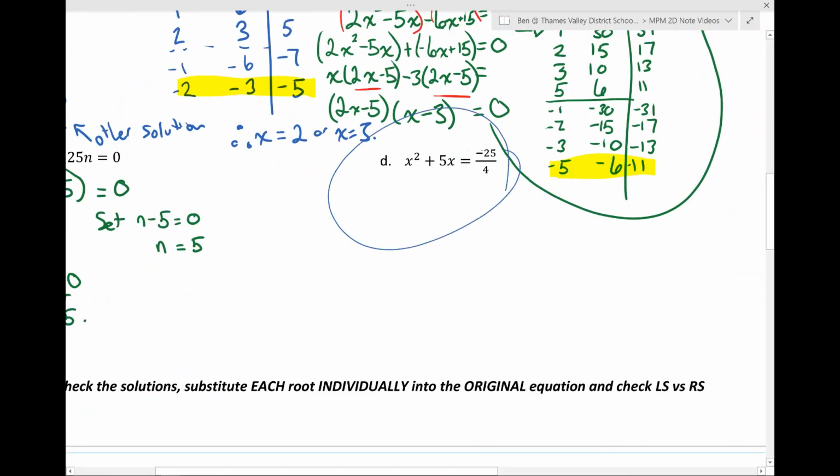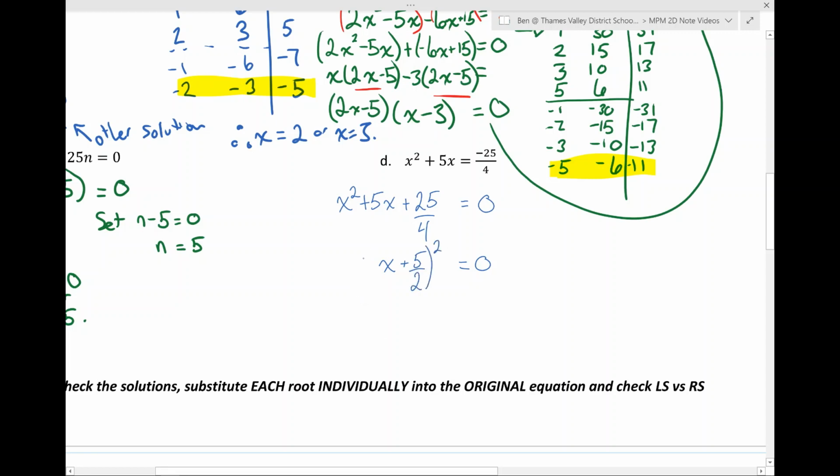Fantastic. So we're going to take this example here. We take a look right away. We recognize our right-hand side does not equal 0. We need one of our sides to equal 0. So let's move that term over to the left side, if you will. So we're adding 25 over 4 to both sides, leaving us with 0 on the right-hand side and x squared plus 5x plus 25 over 4 on the left-hand side. And from there, hopefully we do recognize that as a perfect square. That is x plus 5 over 2